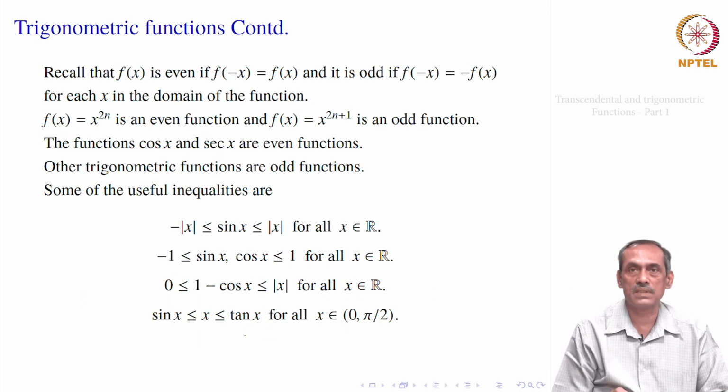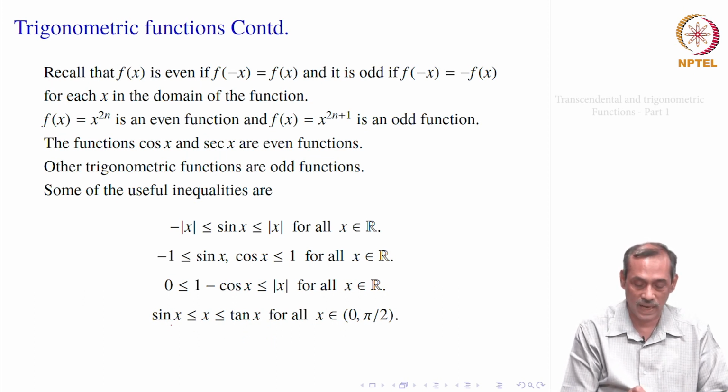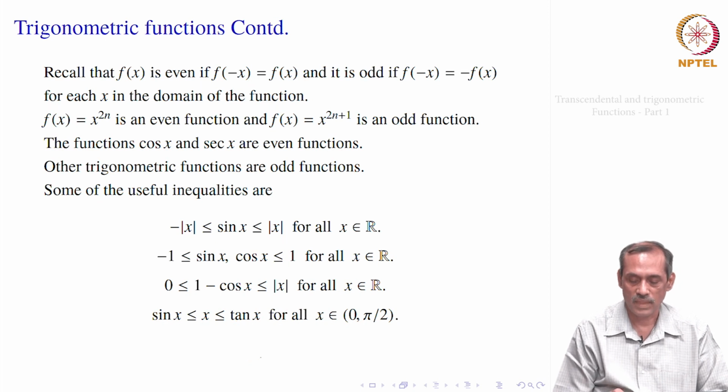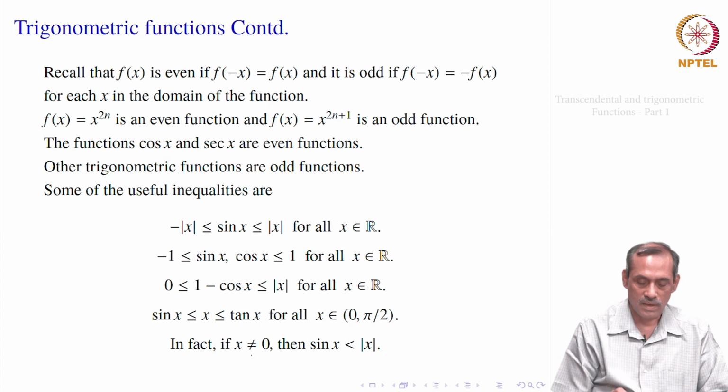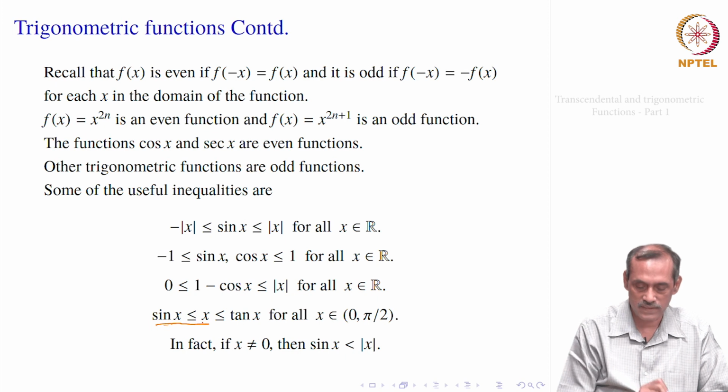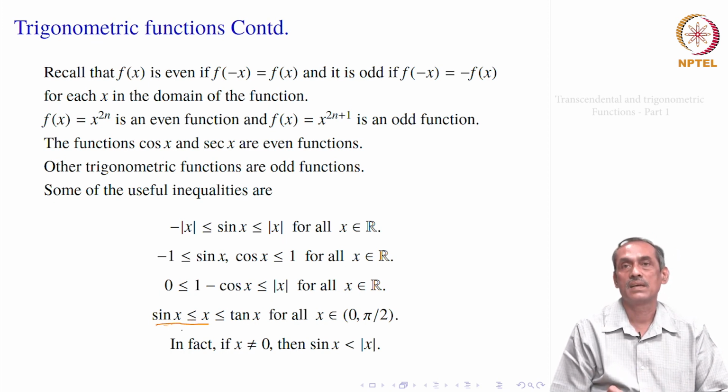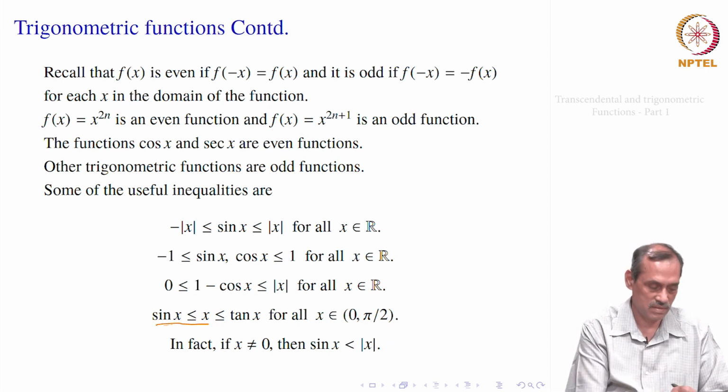Then another inequality which is very helpful, which is sin x less than or equal to x less than or equal to tan x for all x in 0 to pi by 2, because tan x we are taking there, and if you take positive, so x is less than or equal to tan x. Otherwise, tan can become negative and the other inequality will hold. So, if x is not equal to 0, in fact, this sin x less than or equal to x, where equality only happens when x equal to 0. If it is not 0, then sin x is always less than x for positive x. So, in general we would say sin x is less than mod x for any x.